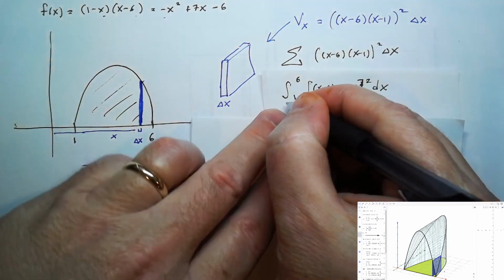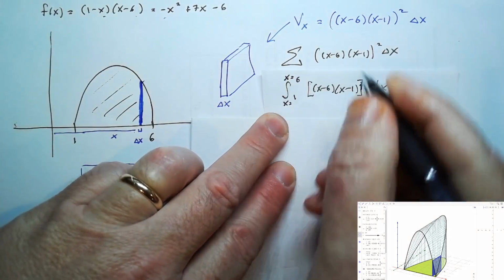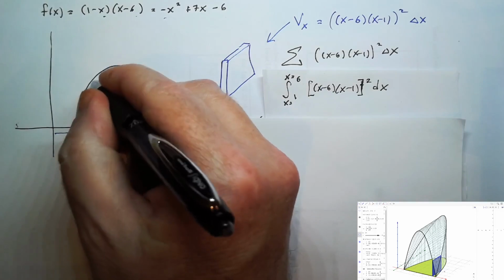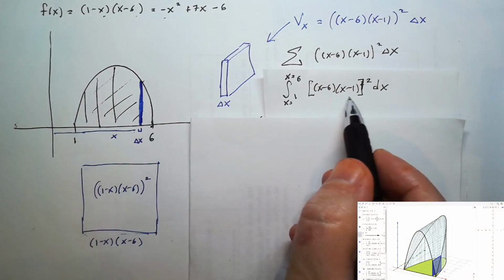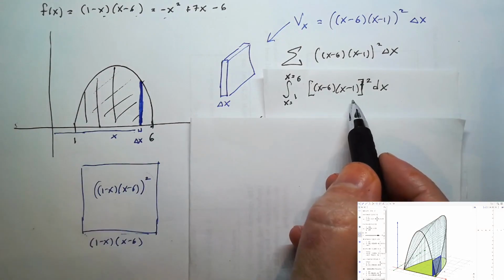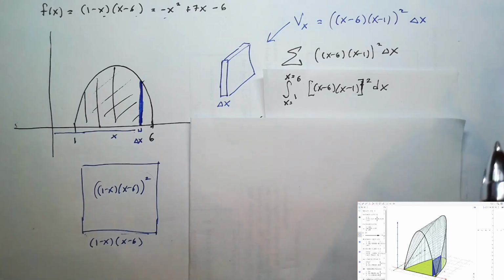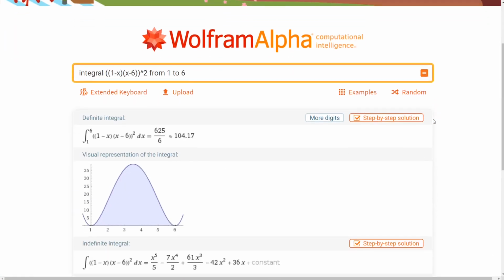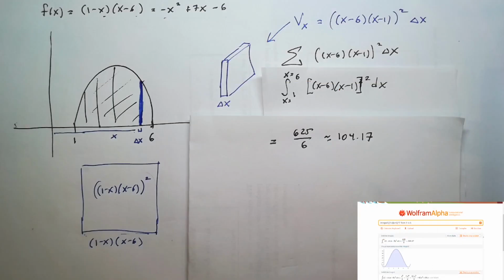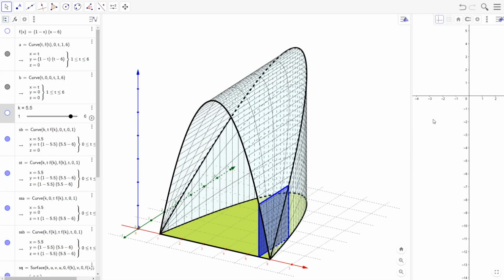The limits are from x equals 1 to x equals 6, because to get every possible slice, we must integrate from x equals 1 to x equals 6. The integrand is simply a polynomial, a 4th degree polynomial, and if we expand this polynomial, we can integrate it without much difficulty. The algebra is a bit messy, so I'll leave the details to you, and check that the definite integral should work out to be 625/6, or approximately 104.17. And we note that this is in fact less than 180, which is the volume of the rectangular box that enclosed this geometric solid.